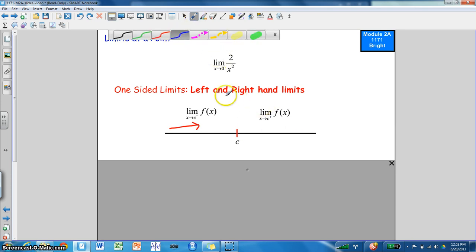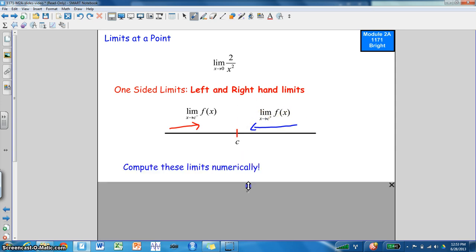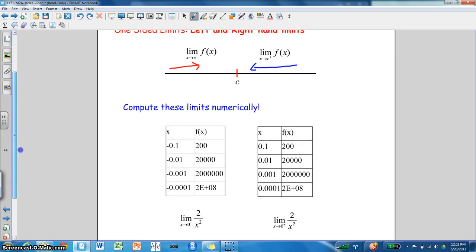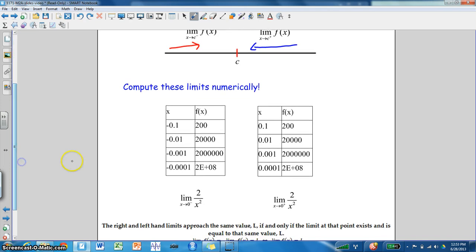On the other hand, the right-hand limit, x approaches c with a superscript of plus, means that you're starting at a positive number that is larger than c and coming in ever closer to the value of c. Okay, and so oftentimes when you do this computation, it's best to compute these numerically, meaning through a table. And so I did that, and for our problem up here,